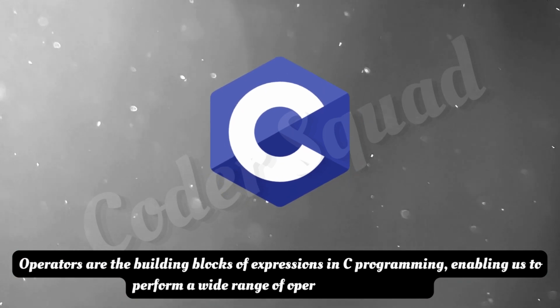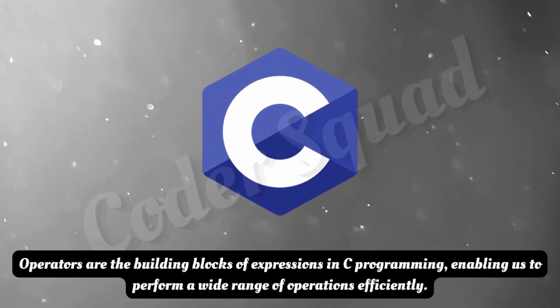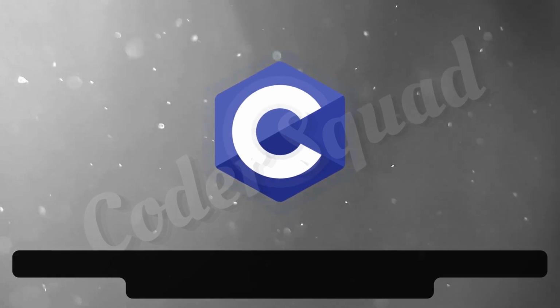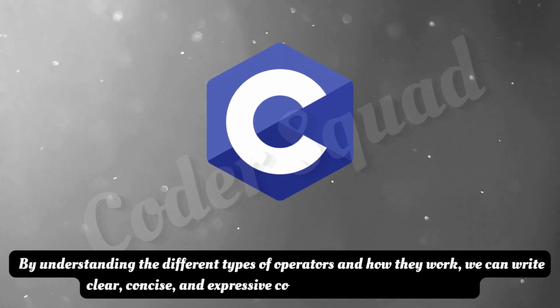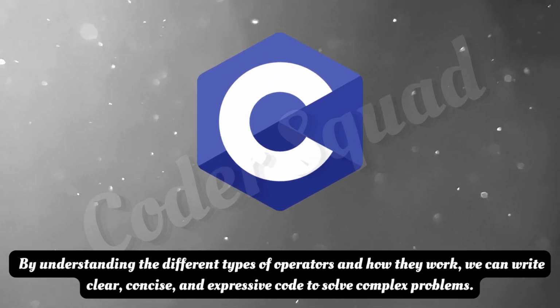Operators are the building blocks of expressions in C programming, enabling us to perform a wide range of operations efficiently. By understanding the different types of operators and how they work, we can write clear, concise, and expressive code to